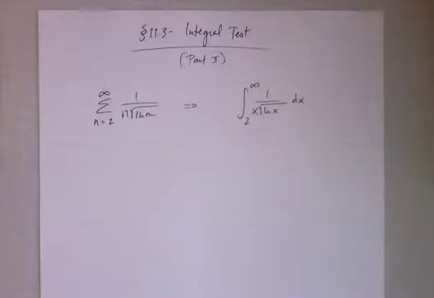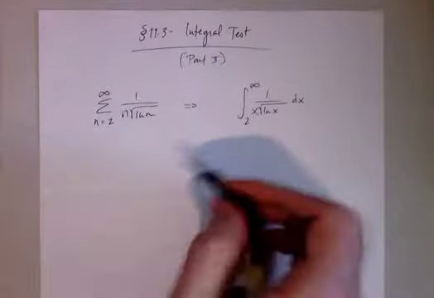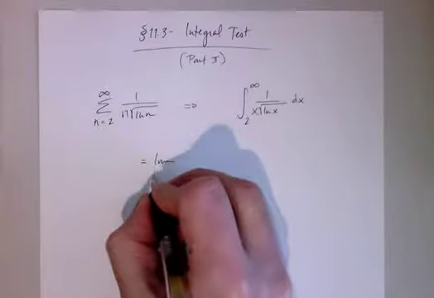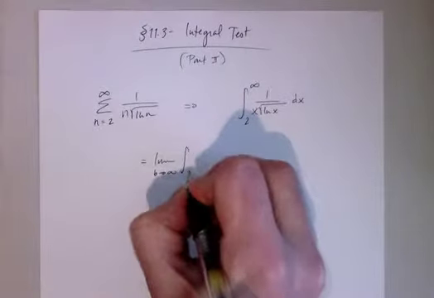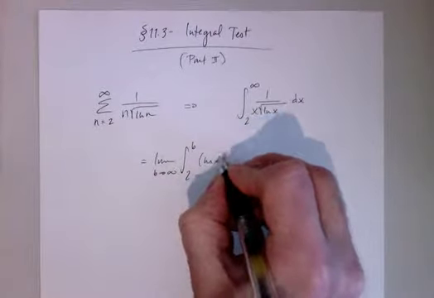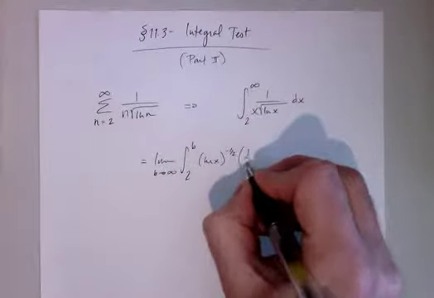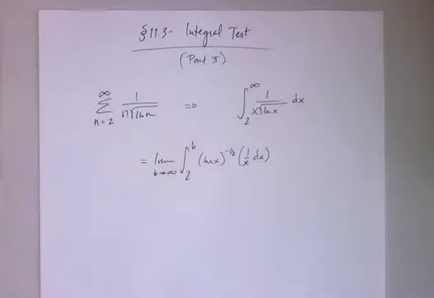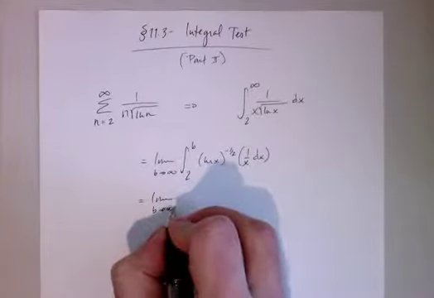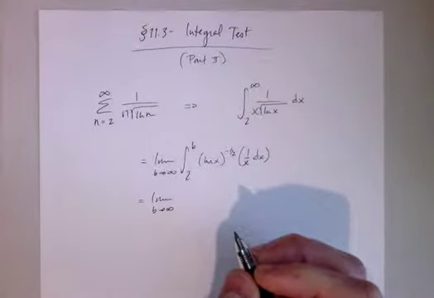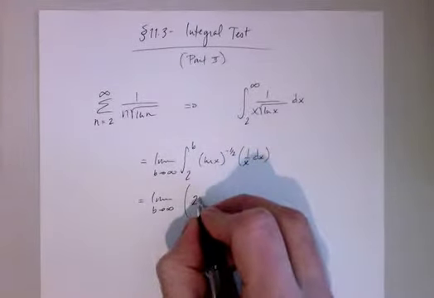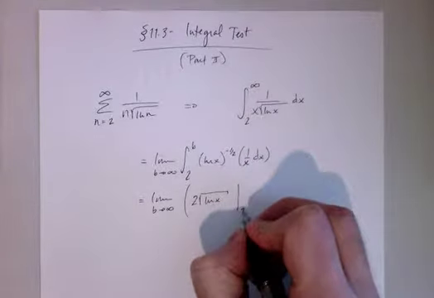We know that this is likely going to be u-sub, and so let's go ahead and just set it up like that. We'll put it in limit notation. It goes 2 to b of natural log x to the negative 1/2 times 1 over x dx. So that's u to the negative 1/2 du. So we have the limit as b approaches infinity, and u to the negative 1/2 becomes u to the 1/2 over 1/2, or 2 root u, right? So we have 2 root u from 2 to b,